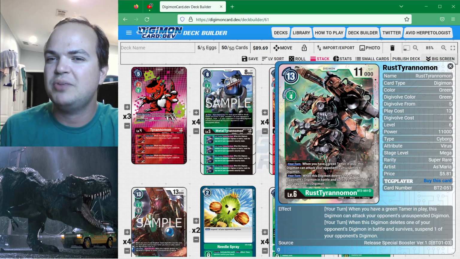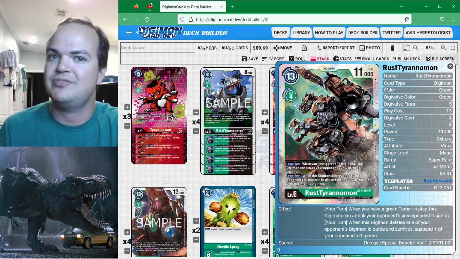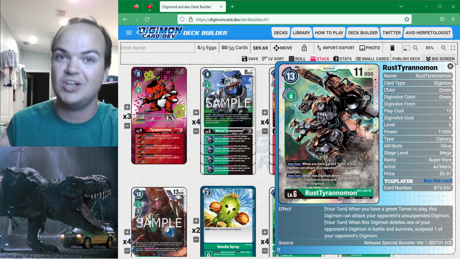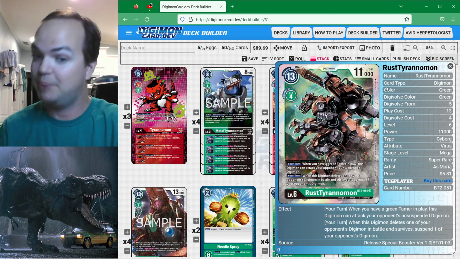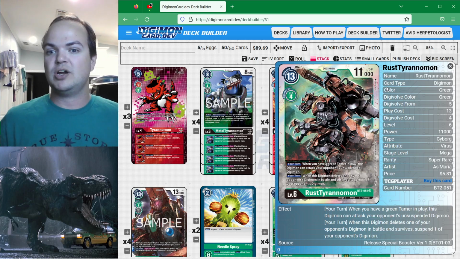So he's 13 to play, 11,000 DP, and 4 to Digivolve. Not great stats right off the bat, and I recognize that. He's not the best card in the world. Let's just call a spade a spade. Those are very early Digimon kind of stats. They're not pushed. But with this shell, we need to talk about how his effects work,